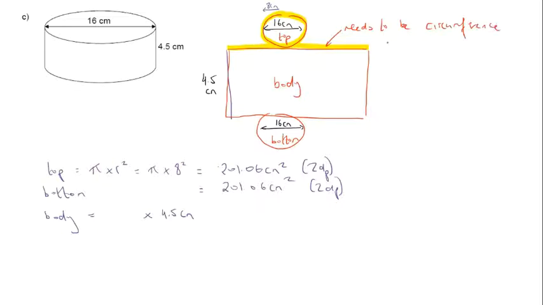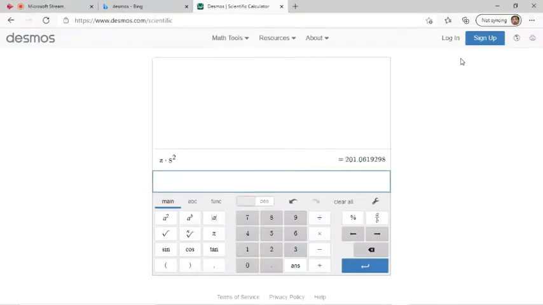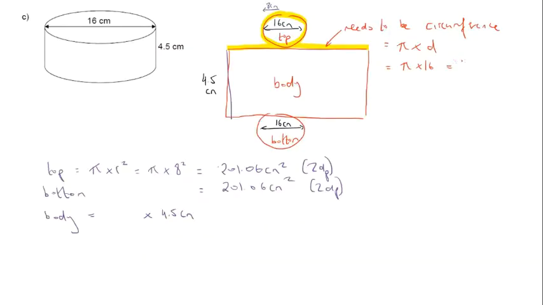A circle's circumference is pi times diameter, so this would be pi times 16, because the diameter here is 16. Again, I use my calculator. Pi times 16 gives 50.27 centimeters to 2dp. So now the body is 50.27 times 4.5